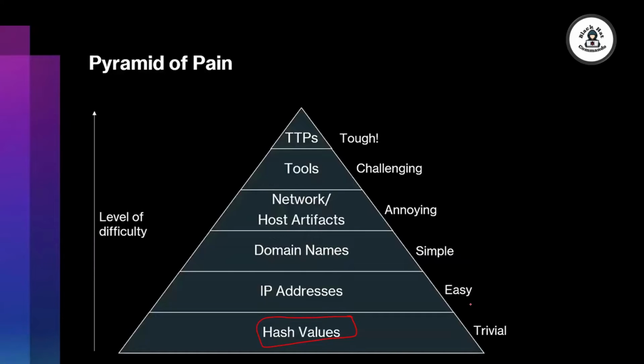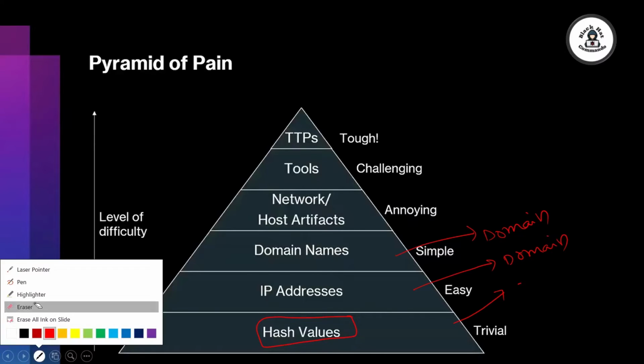Whenever you find something in an anomaly or in an incident, you can easily identify these hash values, and also you can easily identify the IP addresses and the domain names. So for example, a hacker has been